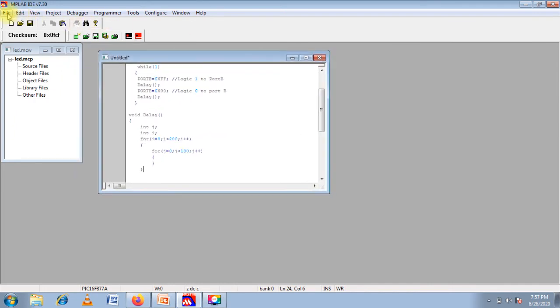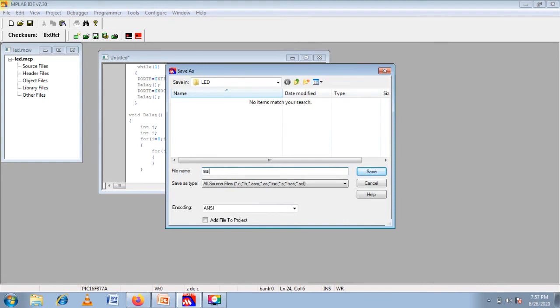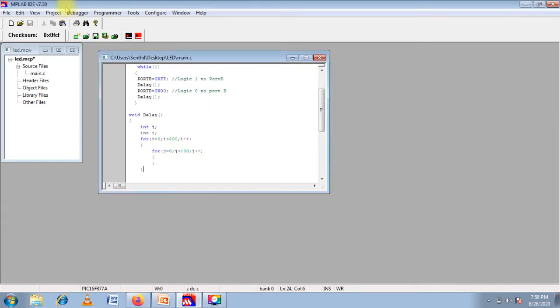Next, save the program, save the file with the .c extension, so main.c or led.c, whatever it is. Add files to the project. Click save. Then go for compilation.